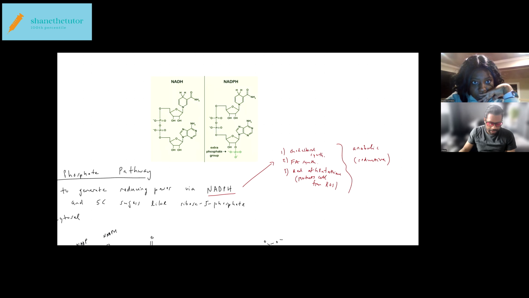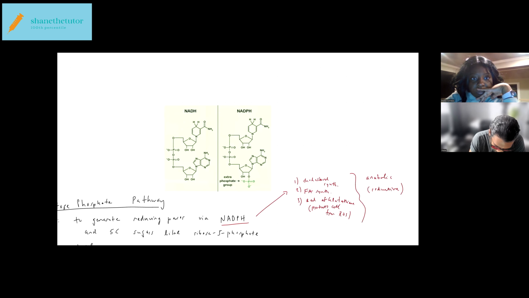Yeah, so it seems like the major difference is that NADH